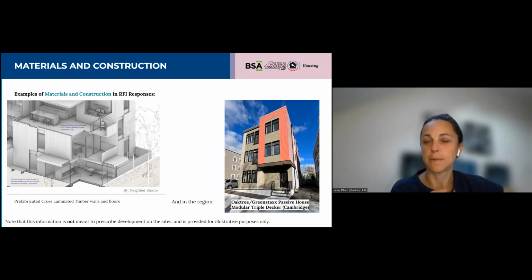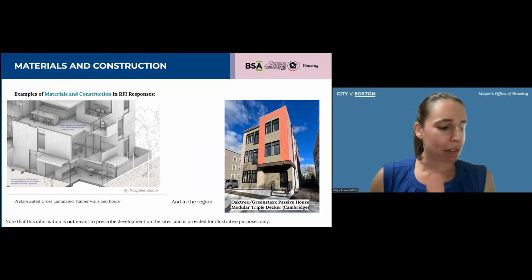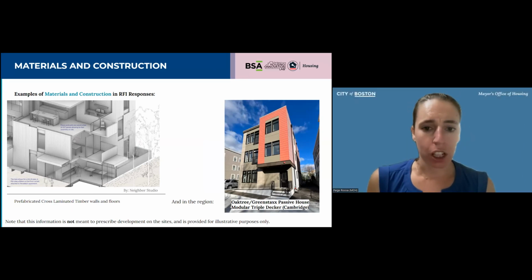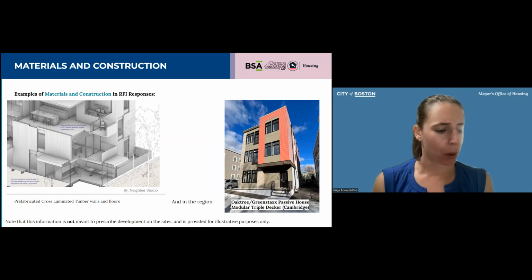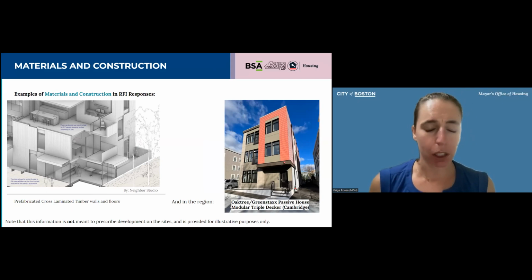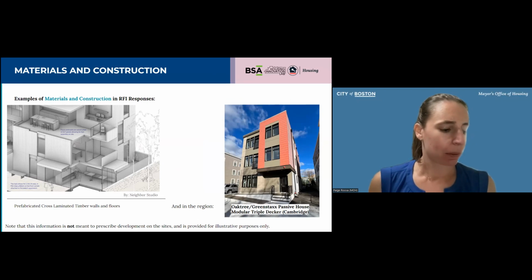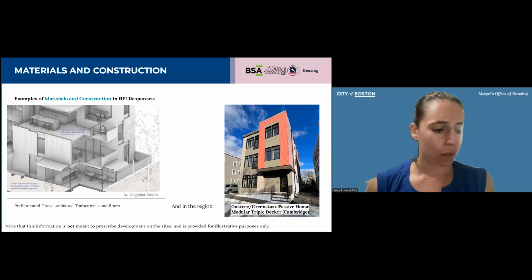And I will turn it over to Paige to pick up on materials. Thanks, Jenny. So prefabricated and modular construction were introduced in many of the proposals and responses to the request for ideas. And they were raised for their ability to allow for faster construction, for their potential for replicability, to ease future climate adaptation, and help build resilience to increased flooding.